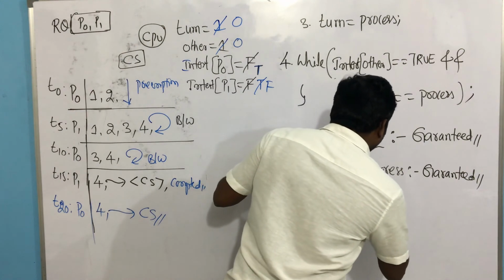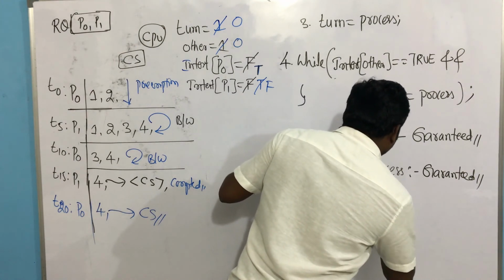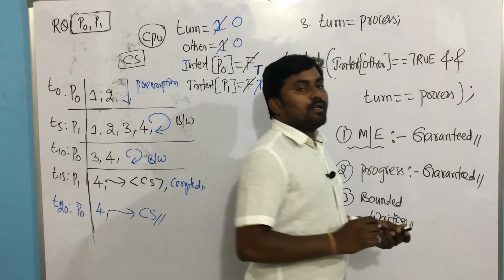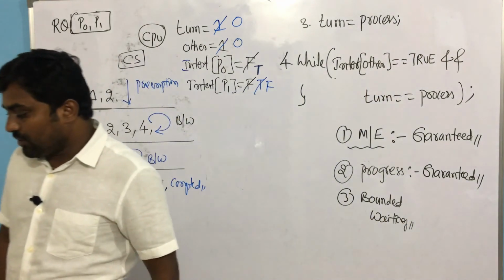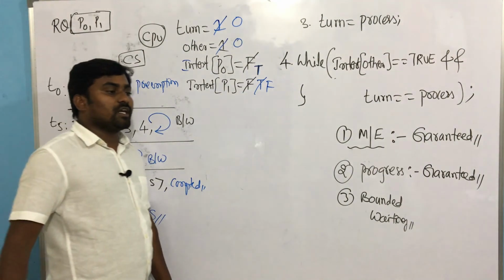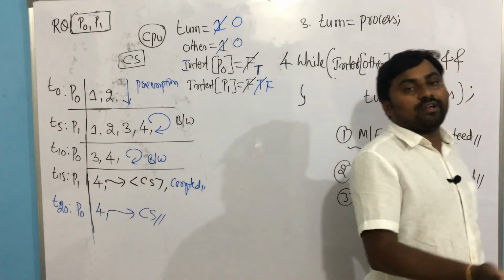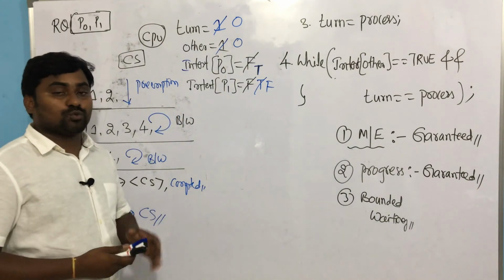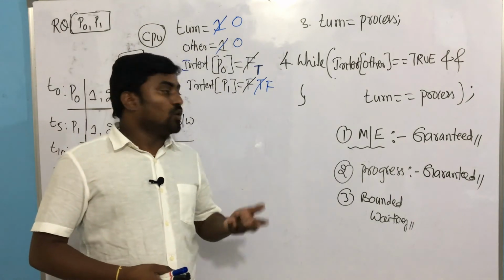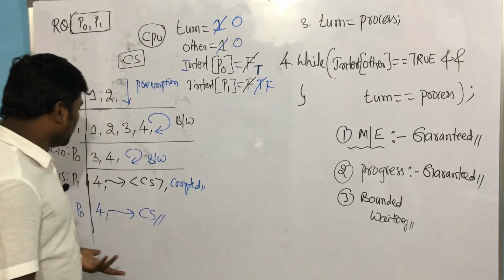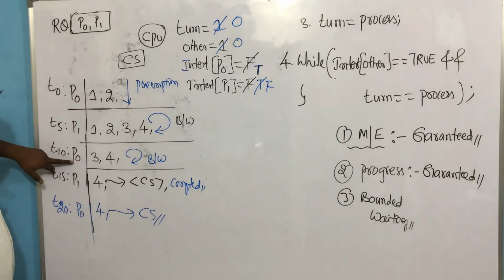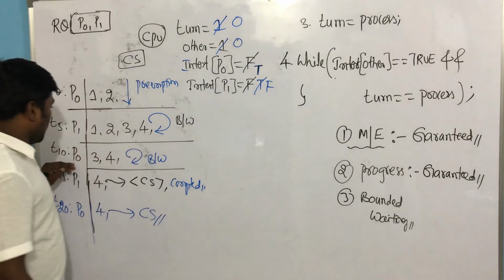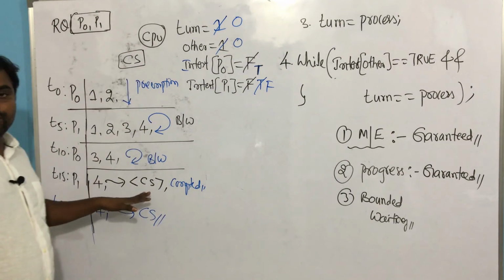Bounded waiting. So what is the meaning? Bounded waiting: when any process is used in the critical section, another process which is waiting outside the critical section should not go into an infinite wait. Means the other process should never wait forever to use the critical section. Very simple, you understand. Suppose P1 has entered the critical section,